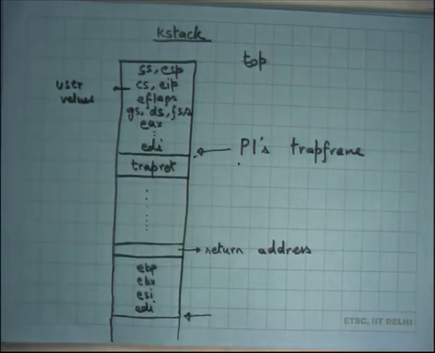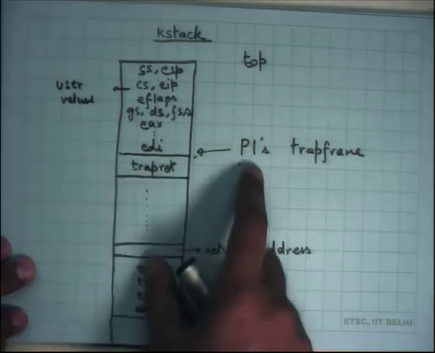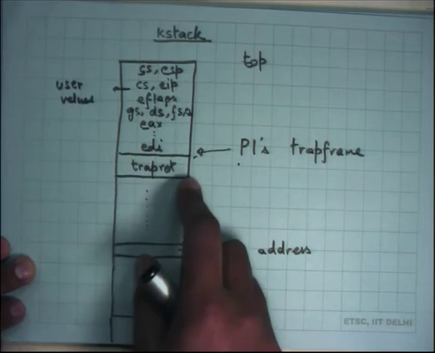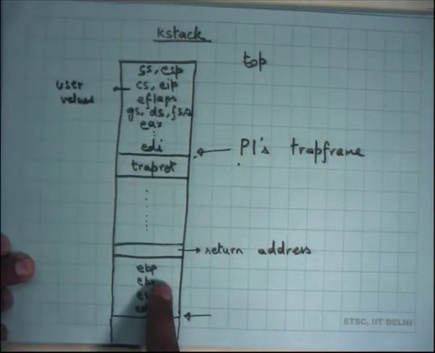So you can change these values. If you want to change EAX, you change EAX in the trap frame, and then it's going to return. The user is going to see a new EAX, and assume it's the return value of the system call, for example, right? And the other thing that happens is that immediately after this, this is the return address. So the stack is treated just like a normal function stack from then on.